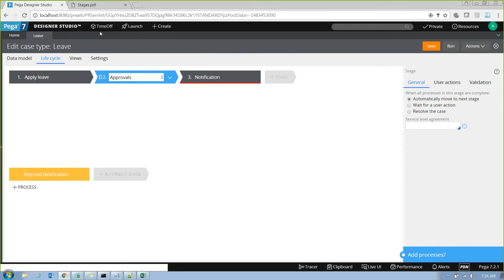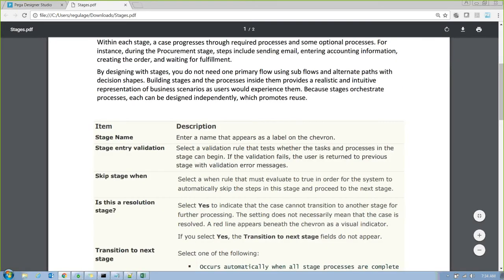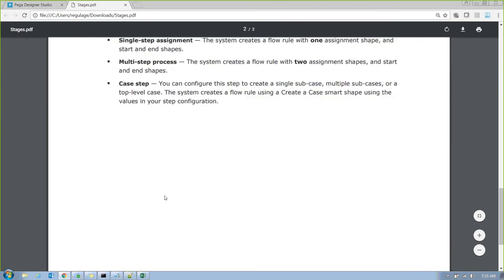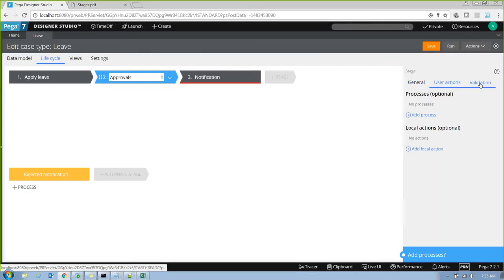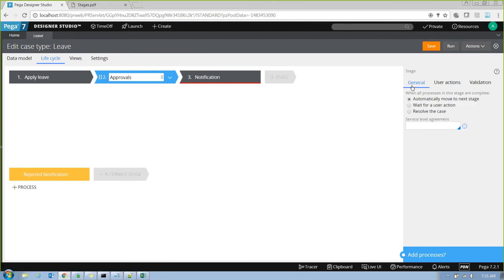In the document that I am going to provide you, you will see all these options. Okay. So you can go through them and let me know if you have any more queries. So this is a high-level introduction of stages. We'll work in depth on stages tomorrow. Okay. Have a look at the screens, look at the options, and let me know if you have any queries.